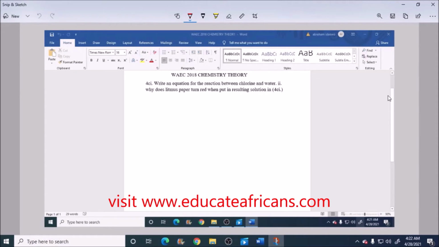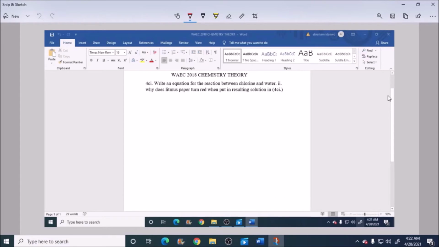Then we should know that the resulting solution here is acidic. That is the product formed. We have HCl to be an acid, then we still have HClO also to be an acid. So the two products formed are acidic. Then for C, Roman figure 2, they say, why does litmus paper turn red when put in the resulting solution? Because the resulting solution given when we react water with chlorine gas is HCl and HClO,